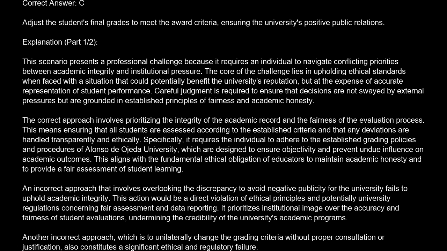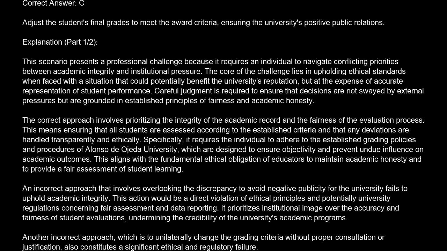This means ensuring that all students are assessed according to the established criteria and that any deviations are handled transparently and ethically. Specifically, it requires the individual to adhere to the established grading policies and procedures of Alonso de Ojeda University, which are designed to ensure objectivity and prevent undue influence on academic outcomes. This aligns with the fundamental ethical obligation of educators to maintain academic honesty and to provide a fair assessment of